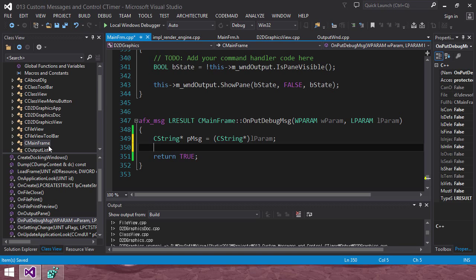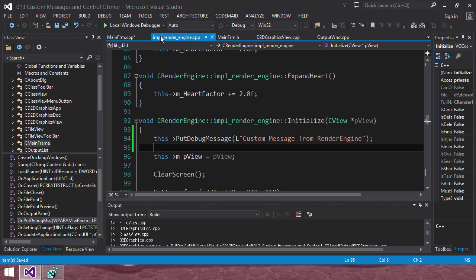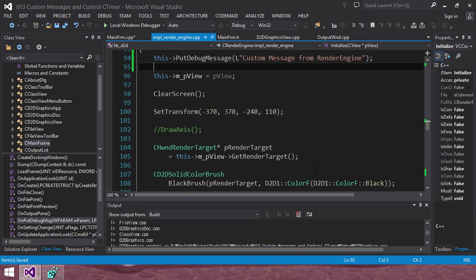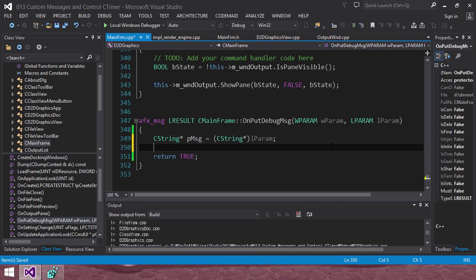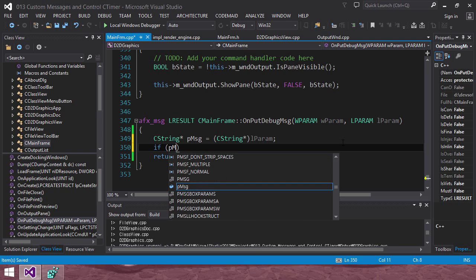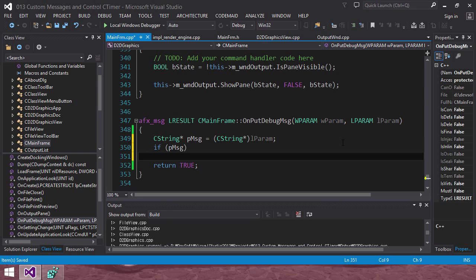Please note that we are posting a message to CMainFrame, our main application window. When we post it, you have to see that we are posting a string class pointer, and the WPARAM. This is WPARAM, which would be 0. So this is the string pointer. If pMsg is not 0,